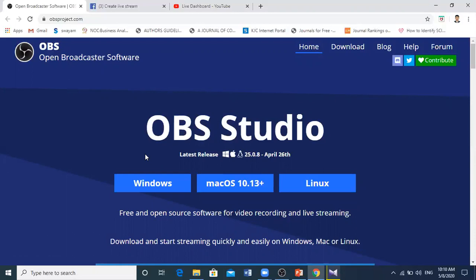So once it is downloaded, I think all the participants are aware of how to install any software into your system. In the same way, just double click on this particular file, accept the terms and conditions, and click next and OK, so that OBS Studio will install to your system like all the softwares. Right now I am not showing that because OBS software is already installed on my system. So this is the first part of my session.